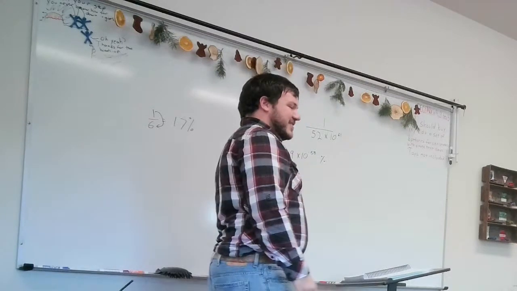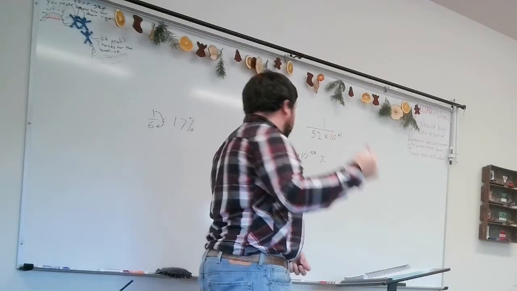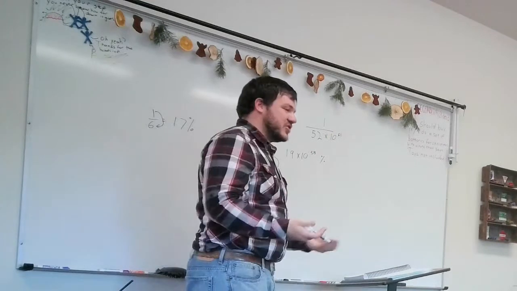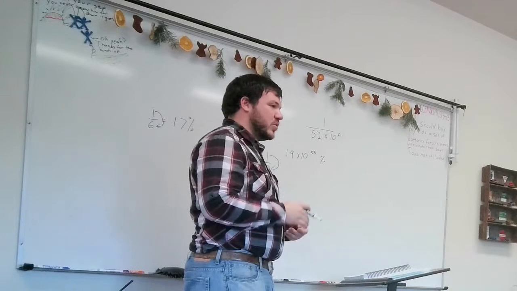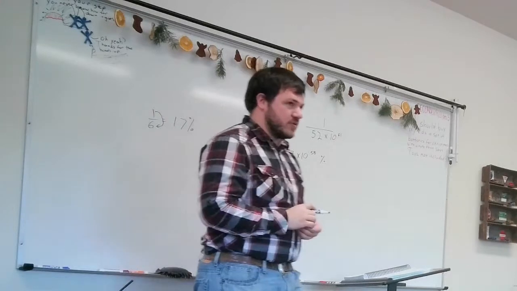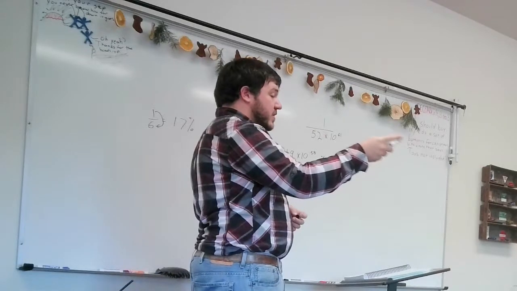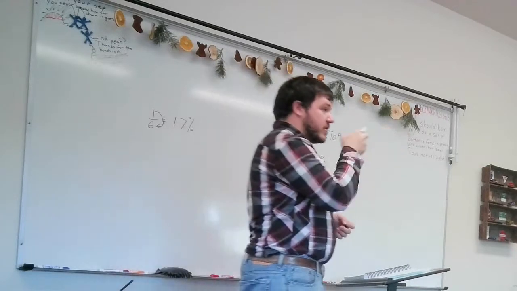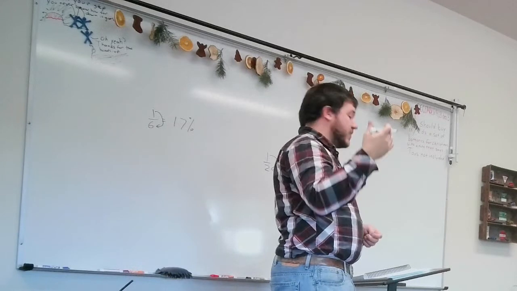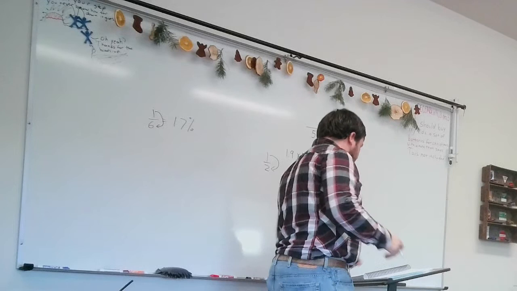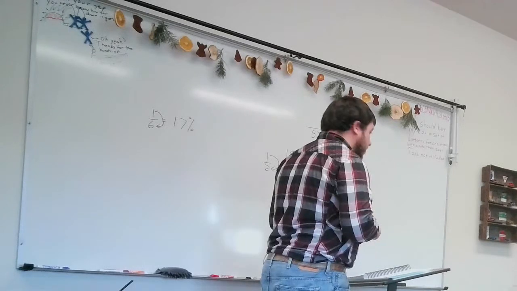Oh, you did it the wrong way. No, I did it the right way. I actually did it completely backwards. You have to go 1 divided by 2. 1 divided by 2 will equal 0.50, which is 50%. That's also what you got wrong with some other stuff we did earlier, but you always divide that small number by the big number if you're looking for a percent, generally speaking. There's times when you divide by the bigger number. All right.